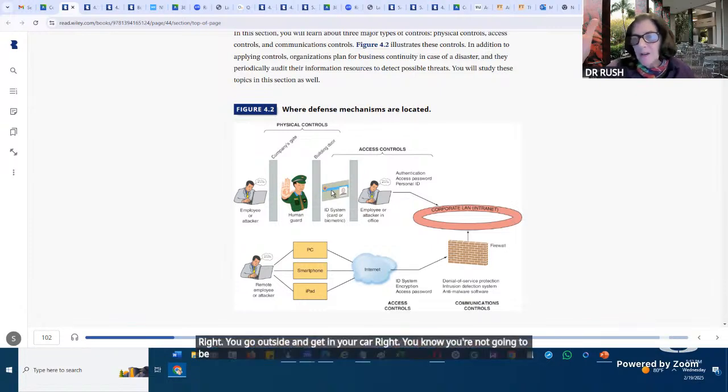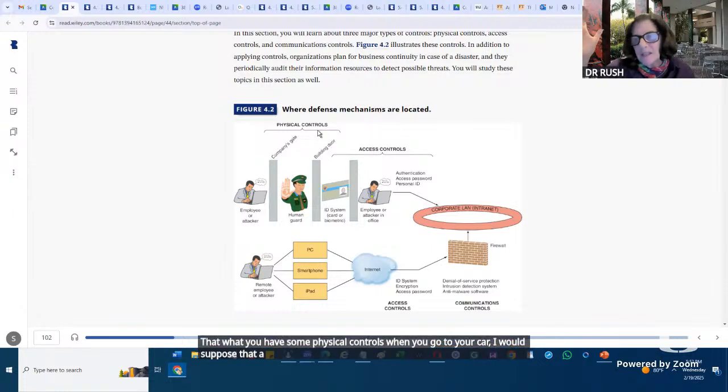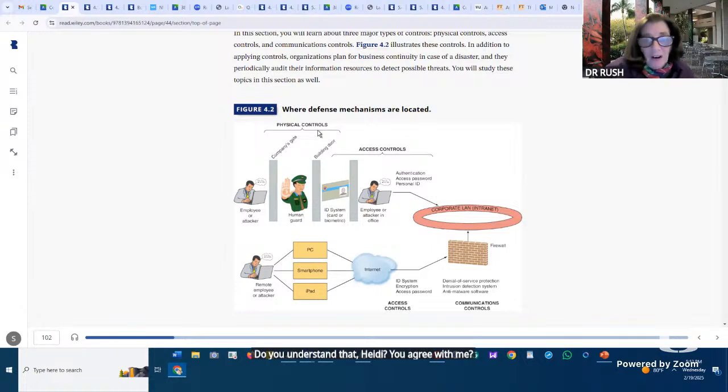But what do you try to do? You try to do some controls. You have some physical controls. When you go to your car, a good thing to do is to lock your car. Do you understand that, Heidi? You agree with me? You want to lock your car.